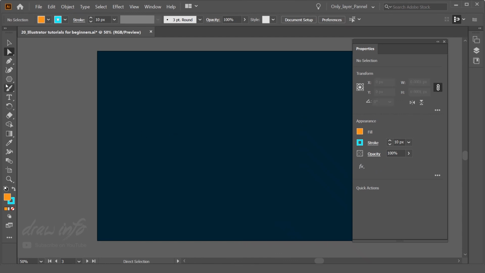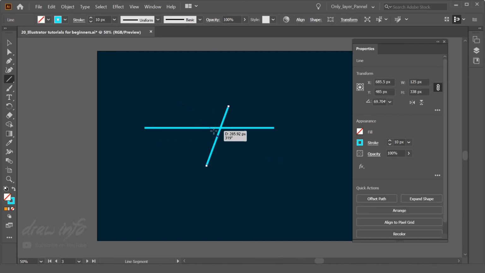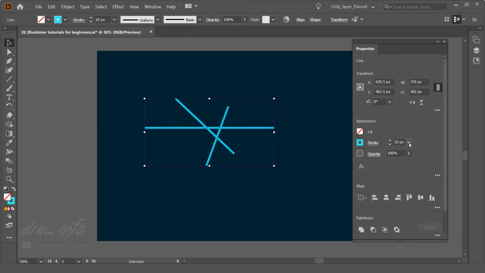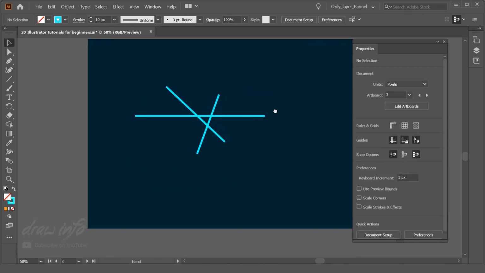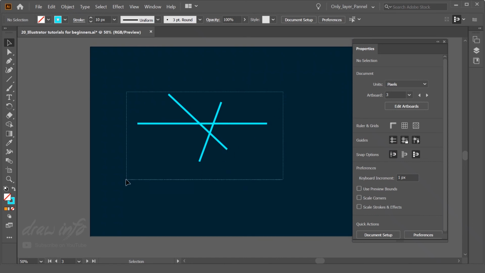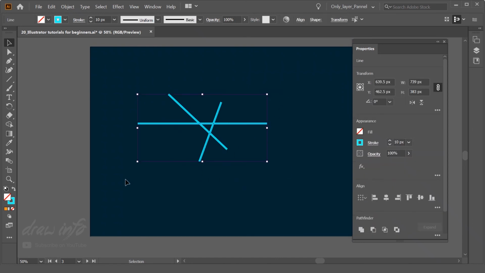Now we are going to take our line tool. Through the line tool you can create any lines over here, and then you can change the properties based on your requirement, such as the stroke height, opacity, and other properties. So all the things we have looked at over here are how you can use the shape tool. Advanced level things we will see in our next tutorial, where we'll create some complex kinds of graphics. So this is the basic information about the shape tool.